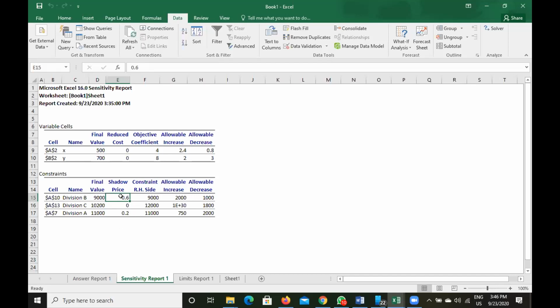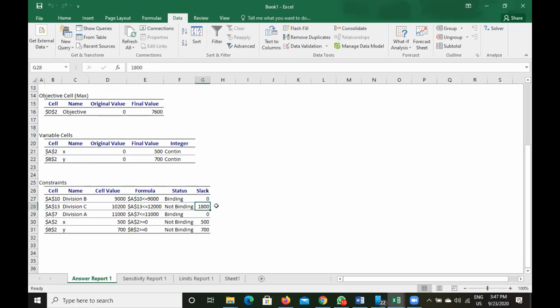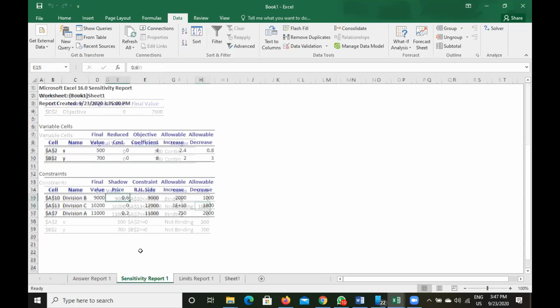But if the law says that you have to pay 1.5 times the regular wage, you may not be able to pay. So in that case, the option is what? You may relocate some of the unused hours from division C to division B and division A. That will be the best option for you.